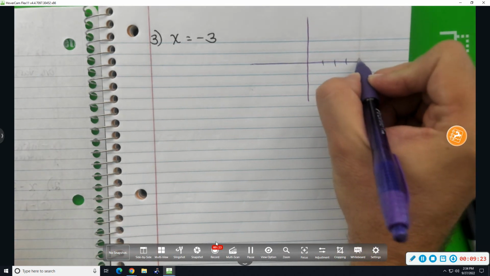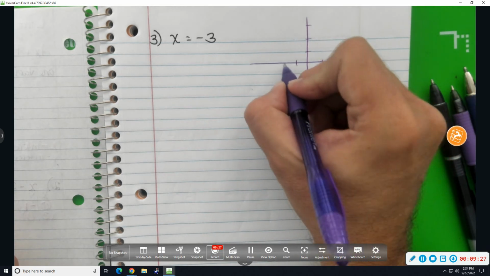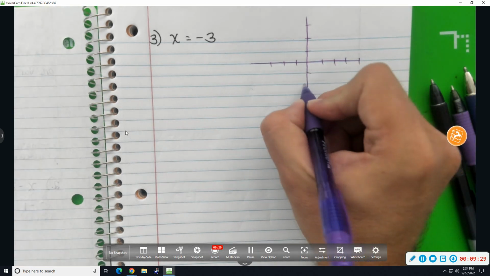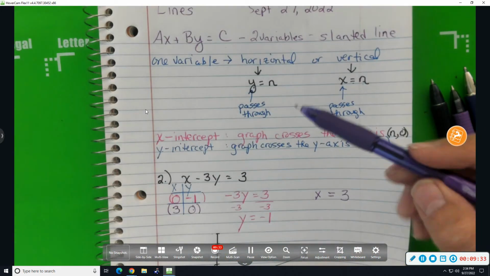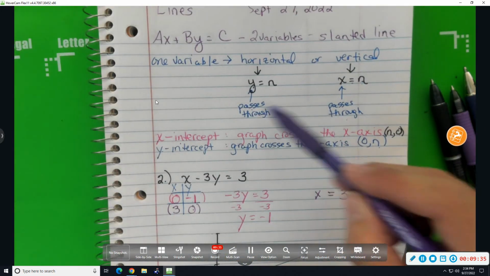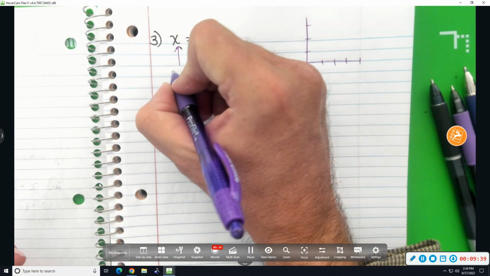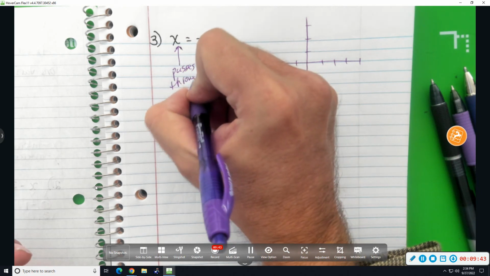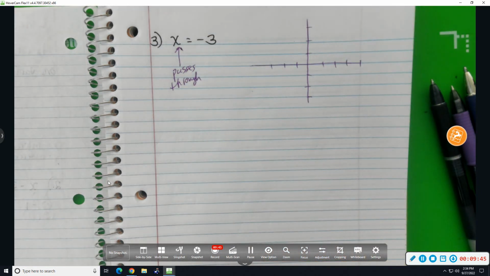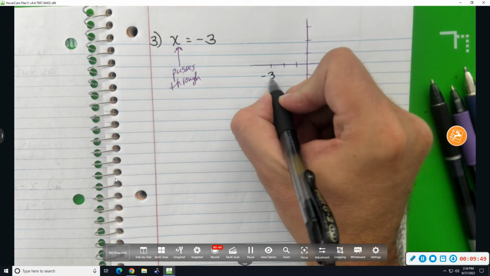Let's look back. Actually, wait, no, it's the other way around. Okay. Remember the letter that appears. That's the thing that's going to pass through. It's going to pass through the x-axis. So we can just already X out 2 of the answers. And because it's negative, it's going to be on the left side. Locate negative 3 on the